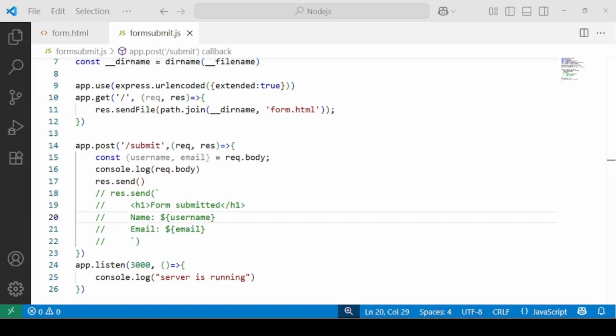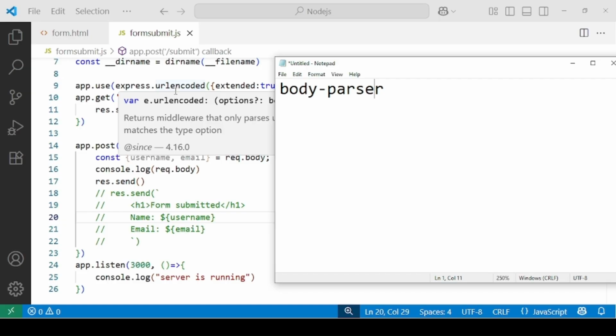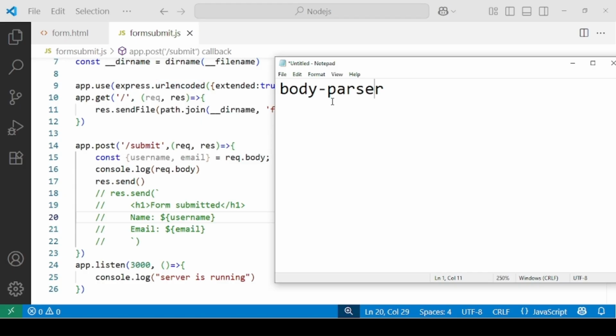So this is how we handle form submission. Now a brief introduction to body-parser. Earlier we used this separate module to handle the POST method data parsing in Express applications. But since Express 4.16, I guess, this functionality is built in with this line, that is express.urlencoded. So we don't have to install or import body-parser separately to handle the POST data. But earlier we used to. So that's why it's not required anymore.